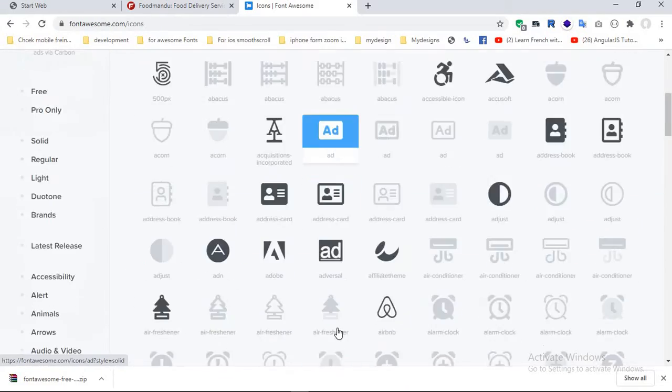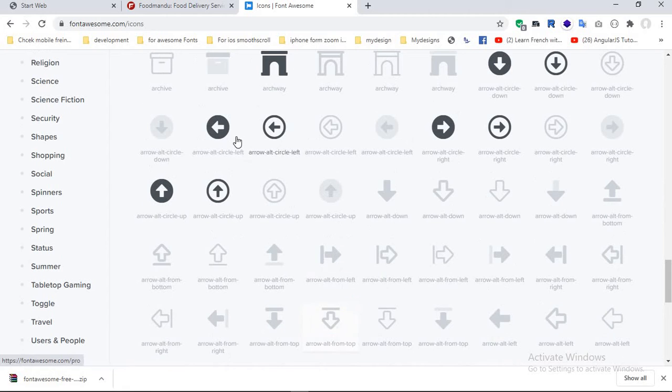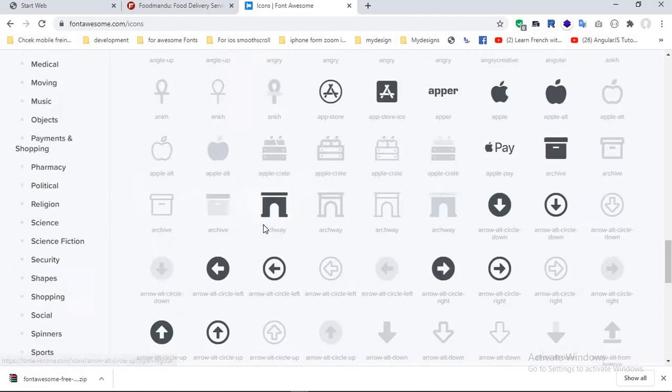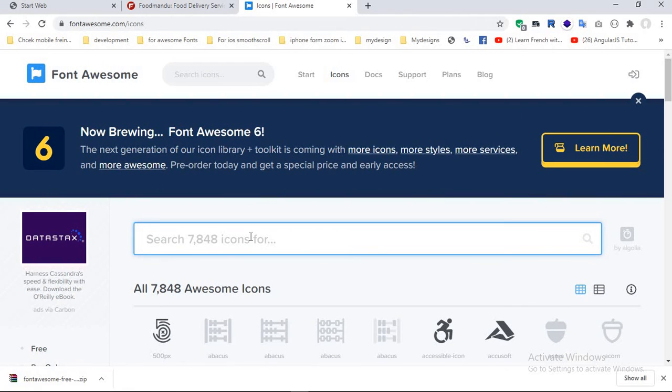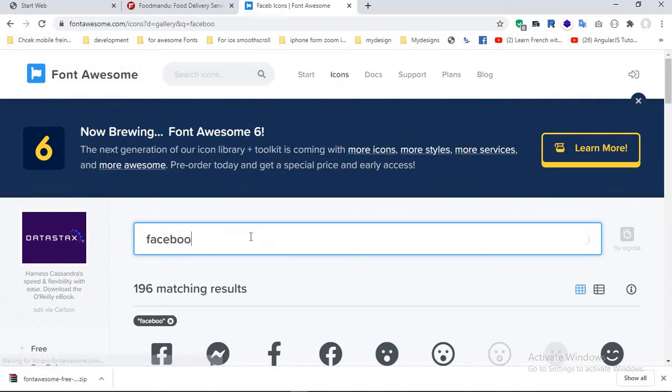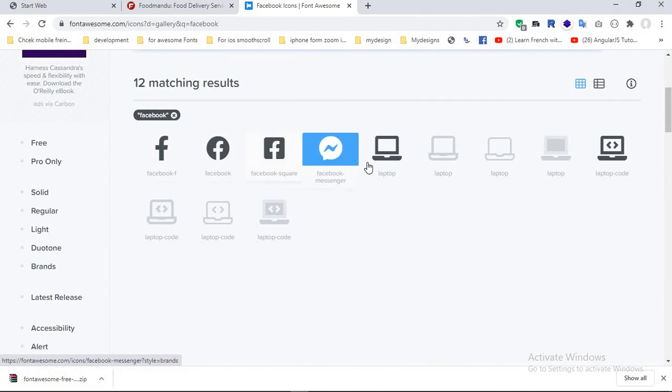Some are the pro icons and some are free. You see these dark ones are free icons, and the ones that are pro you see in the gray color. When we hover over the pro one, you see it is not free, we have to pay for it. The ones that are dark black are free and we use them in our project. So search for Facebook icon. Here you see the icons, these are all free icons, so we can use